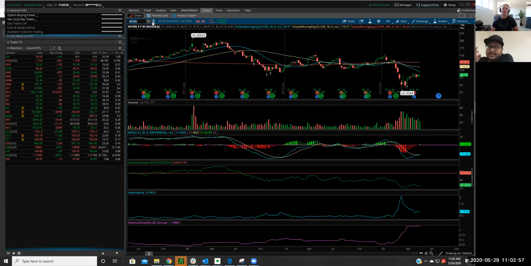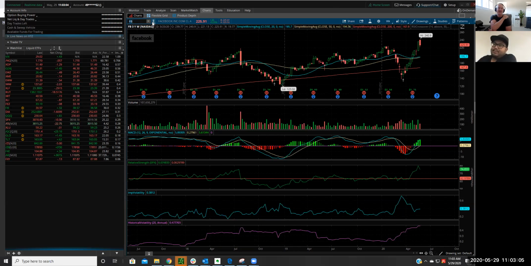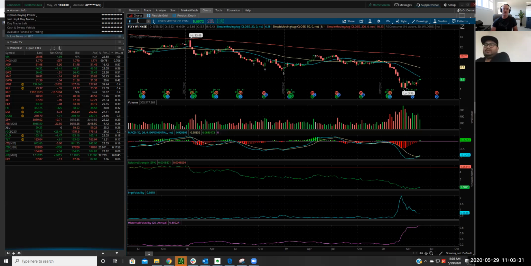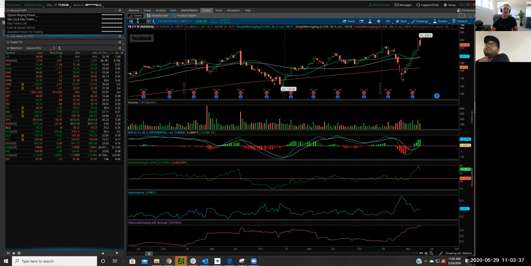Okay, because I feel neutral about Facebook. The guy is tweeting about them that he's going to do this legislation, but people are still at home and probably using Facebook as much as they ever have. So why don't we put something neutral on in Facebook? And I would like to be bearish on car companies like BMW and luxury car companies. Even Ford and stuff, it doesn't have to be luxury. Okay, well, we could put a bearish trade on in Ford, and we could put a neutral trade on in Facebook. Okay, let's do that. All right.